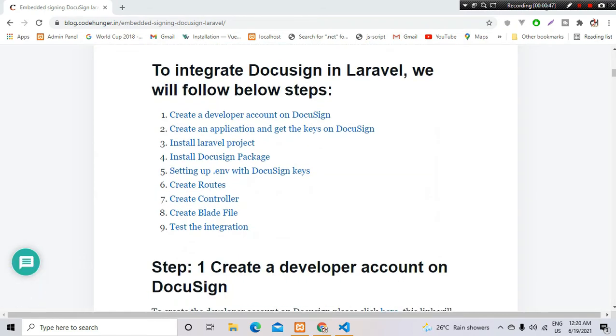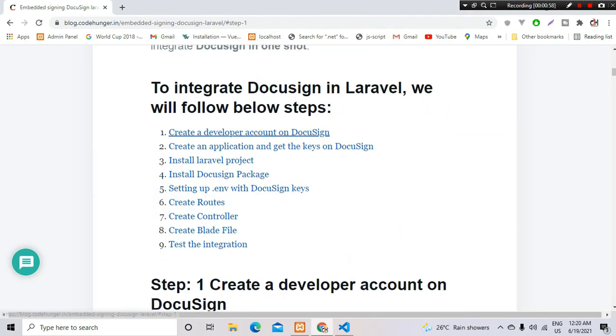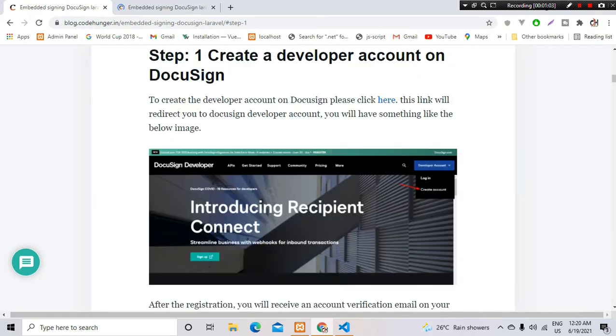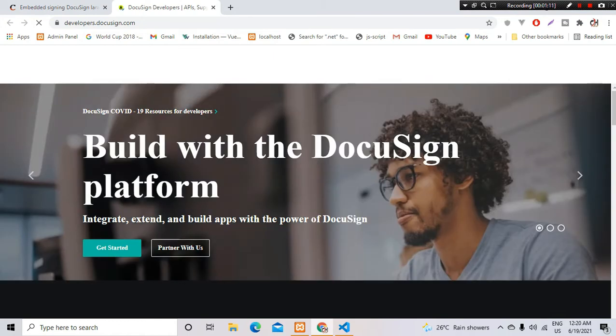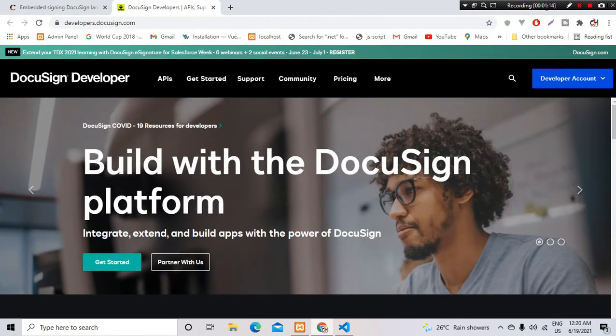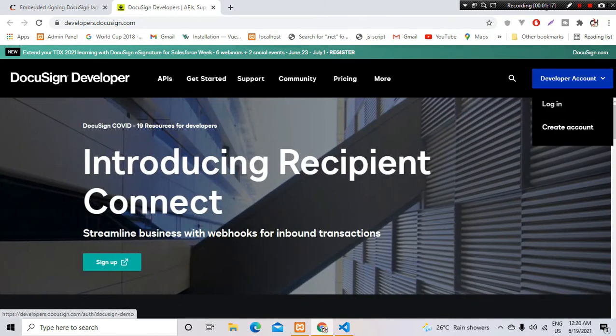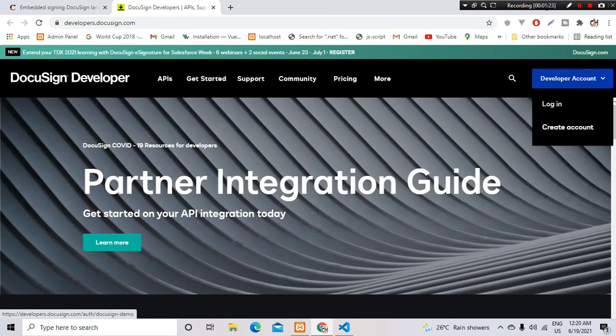So the very first thing needed to integrate DocuSign with your Laravel application is your account on DocuSign. So first we have to create a developer account. Okay, and here is a link. So now DocuSign has come up here. If you already have an account, you can log in, or if you don't have an account, create an account first. As I have already created my account, I am clicking on login,